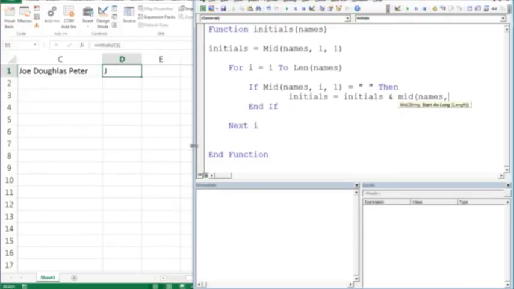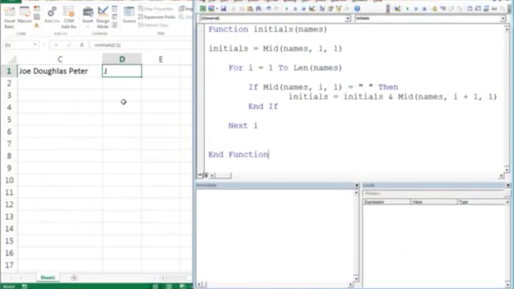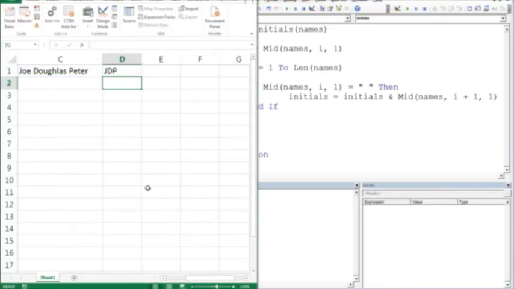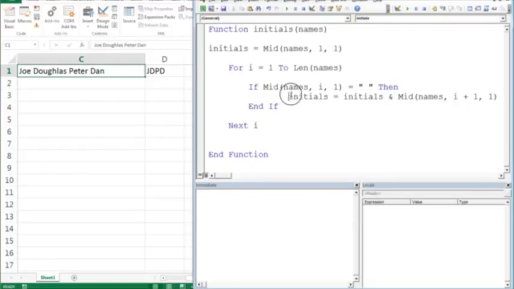So the space is at I. So which position do you want? I plus 1, isn't it? So in position I plus 1, how many characters do you want? One character. This is the end of your function. Let's try that. JDP. And then we get another name. Then, I think that is nice. And then it keeps on adding. So every time you run it, it loops, and then it finds the space, and only when it finds the space, then it goes inside the if function and it runs that part. Are we